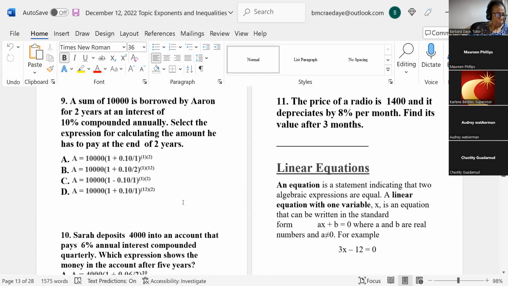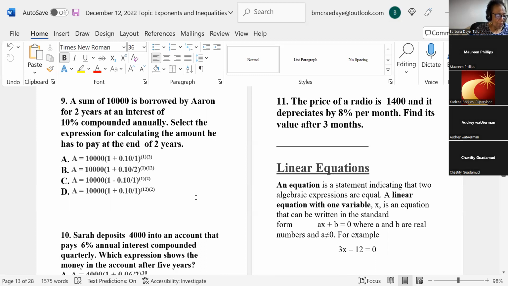Annually is 1 year. Times the number of years, which is 2, when it's annual, right? Okay. And at the end of 2 years, that's the time. And the annual also goes here, all right? Compound annually. So if that is the case, when you substitute,